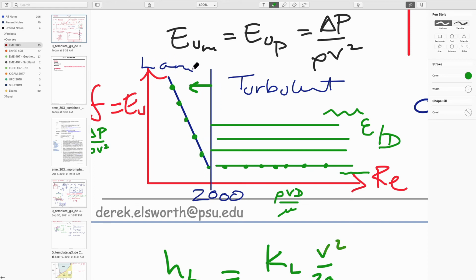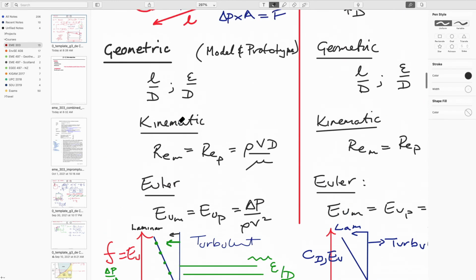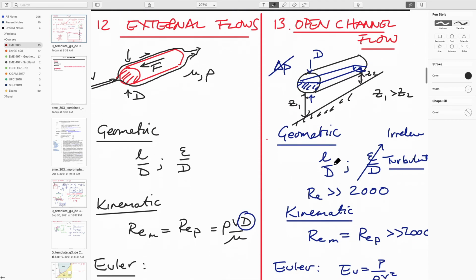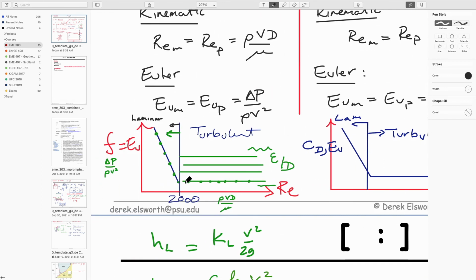There's a different behavior if we're looking at laminar versus turbulent. This isn't written very well, so if I rewrite that: laminar on this side, and turbulent on this side. And so immediately this defines a flow regime, which in one case looks like laminar flow, where everything's parallel to each other, and in the other, turbulent flow, where it's got vortices. And the essence of that is represented in this figure here. And we'll find that if the flow is laminar, it will follow this single line for a given pipe